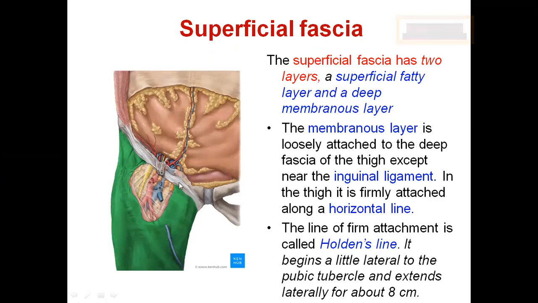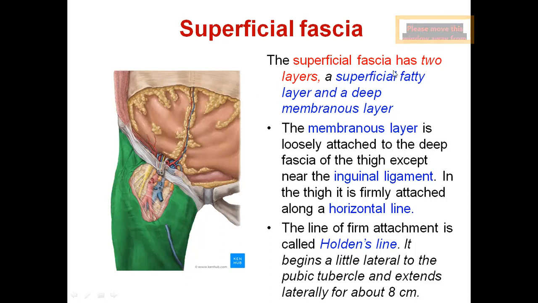We have the inguinal ligament, if you remember, one of the attachments we have seen with the anterior superior iliac spine. Right above the pubic symphysis is the anterior abdominal wall, that means this is the abdomen. Below the abdomen, we have the thigh region. Why am I insisting so much? Because whatever fascia we see in the abdomen, the same fascia sweeps downwards to enter into the front of the thigh.